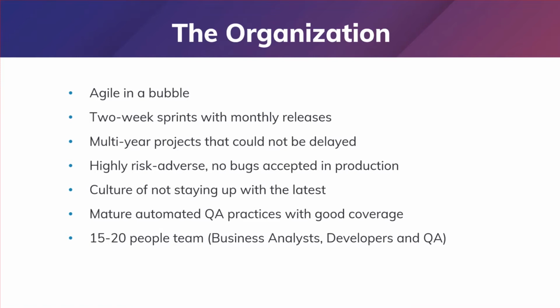They have multi-year projects that cannot be delayed, that have a large product plan, and we just have features that kind of boil down into our backlog based on those projects. But we have very little decision power on when to do things and how to do them. Despite the app being an internal app, they're highly risk averse, so they do not want any bugs in production. And this is because this is a financial application. So that really puts some general constraints on how we're going to do this.